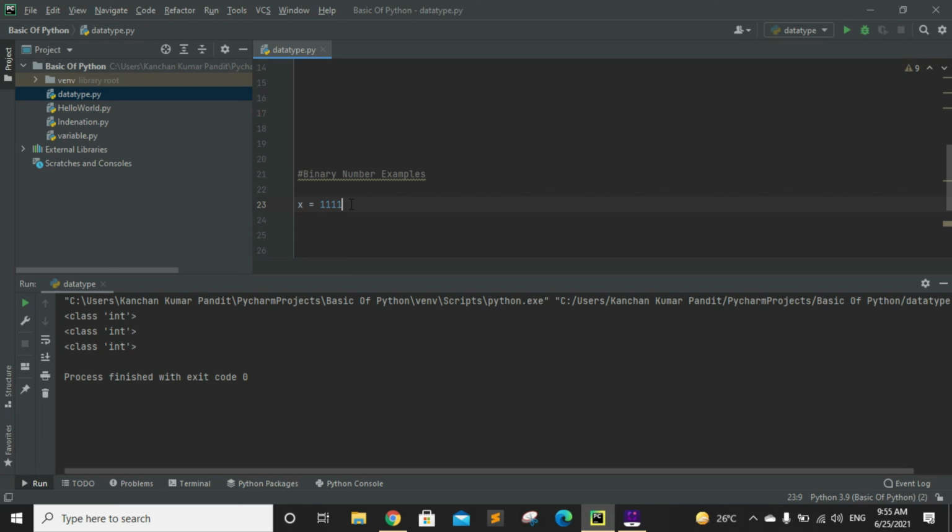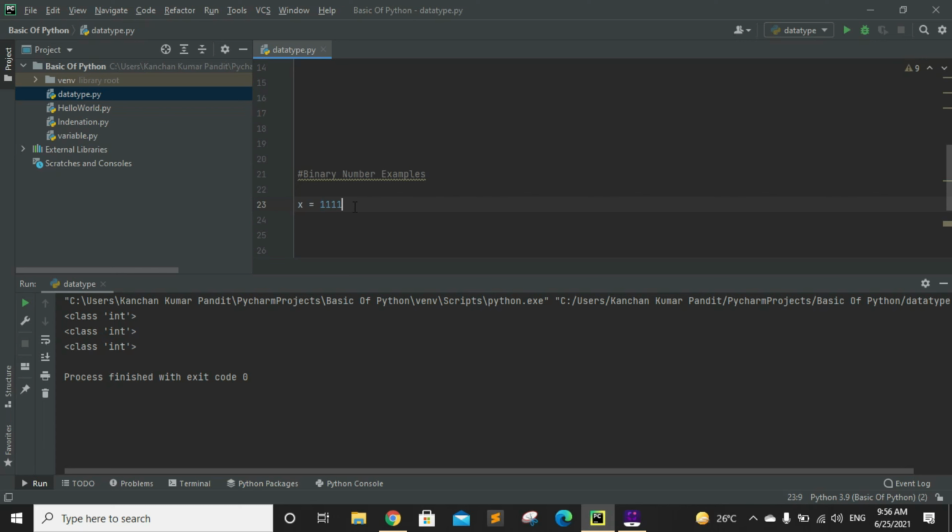But in computer programming, you need to specify whether it is really a binary number or not. If x is assigned 111, this contains only ones, which means it could be a binary number, but it is also